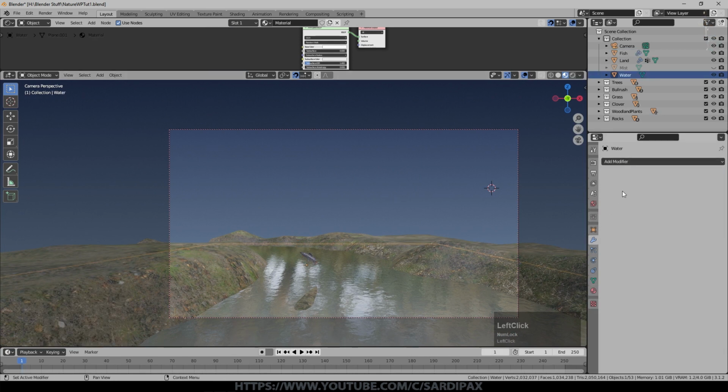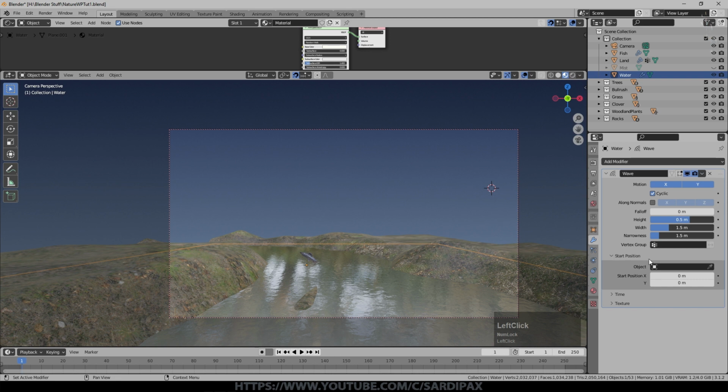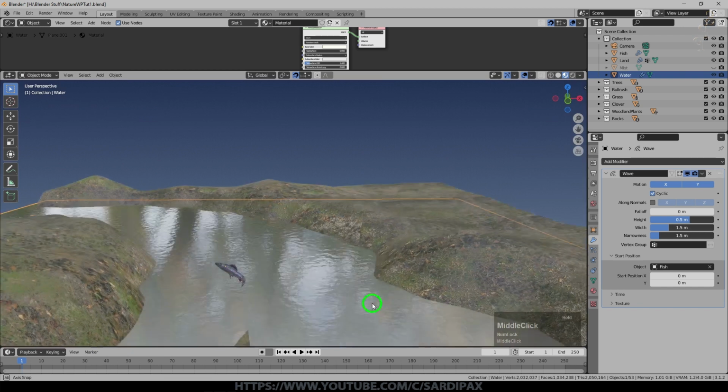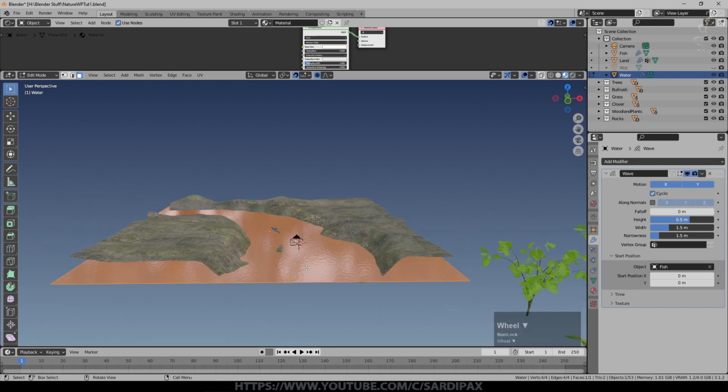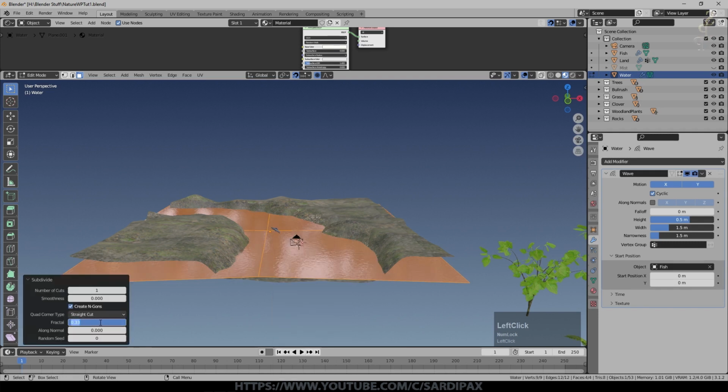Now I need to select the water and add another modifier, which is the wave modifier. I need to set the start position to my fish. You can do it manually here, and it can be a little tricky to get these settings to where you need them to be. But before we go any further, one of the things that you need for this wave modifier to work is geometry. Now at the moment that water has just got 4 vertices, which isn't going to be enough. So I'm going to subdivide it, make sure we've got fractal switched off,